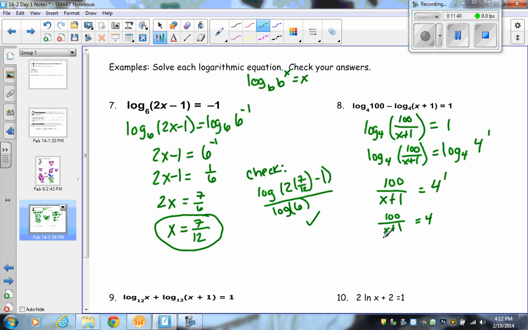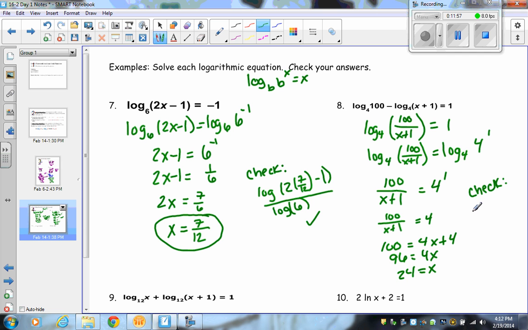Multiply both sides by x plus 1, so I get 100 equals 4x plus 4. Subtract 4 and divide by 4. And when I check it,